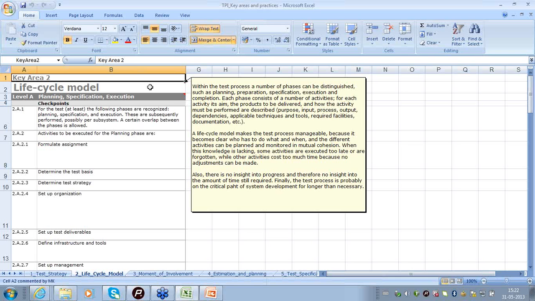Why does this segregation have to be made distinctive and clear? Because then everyone associated with the testing process will have a clear picture of what has been planned and what the progress is against the plan, how much will be tested, how much effort will be spent in a particular phase, and what stage exactly the testing people are working on.